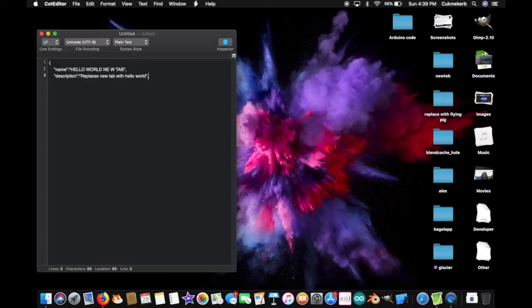Then, version, also in quotes. Not in quotes is the colon, then in quotes again. Well, this is the first version, so 1.0. In those quotes, comma, on the next line, in quotes, manifest, underscore version, end quote, colon, 2, not in quotes, no clue why, comma, next line,